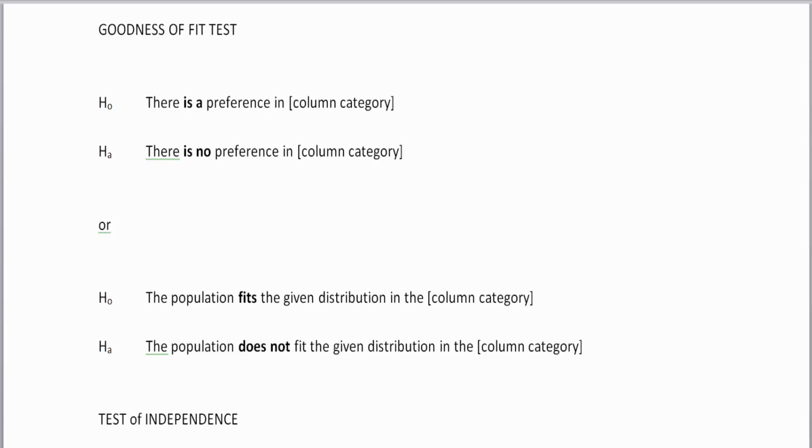So an easy way to figure out which one is which in the goodness of fit test is that with preferences, if you see the word preference, that is a dead giveaway. Also, other words that would give you a clue are like the choices of colors are the same, or there's no strong leaning of one versus the other. Whereas to check to see if the populations fit a given distribution, it is pretty much always going to have